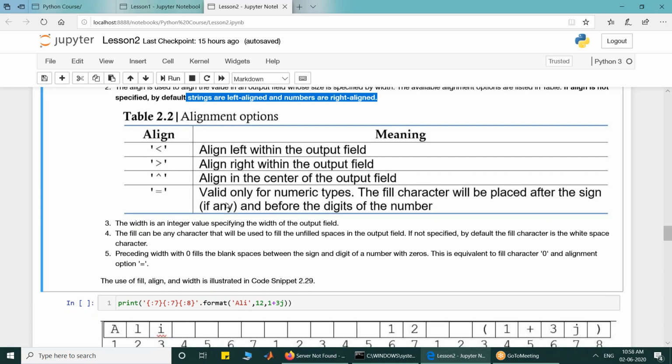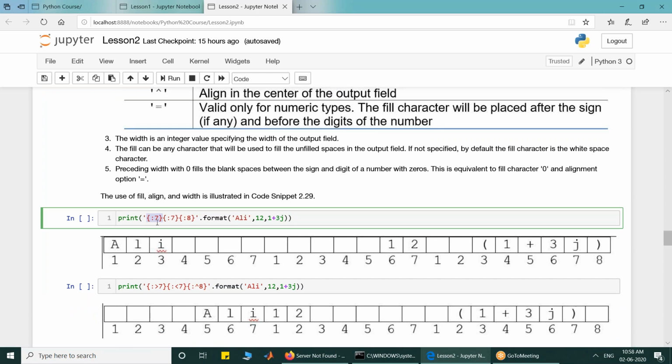What I have written: print within brackets colon 7, within brackets colon 7, within brackets colon 8. So if I have written this, it automatically means this is 0, this is 1, and this is 2.